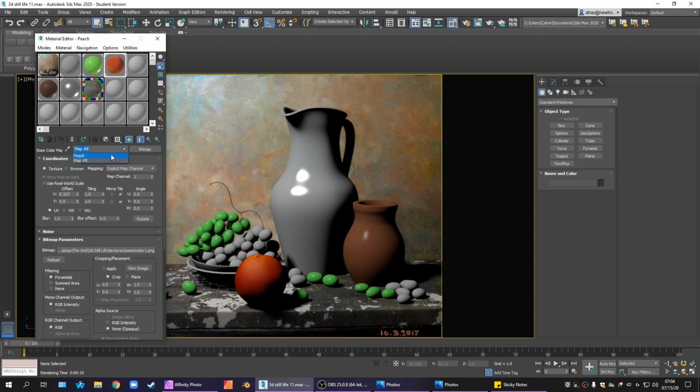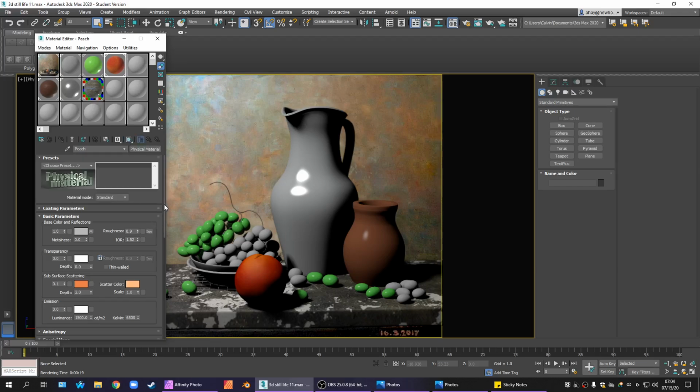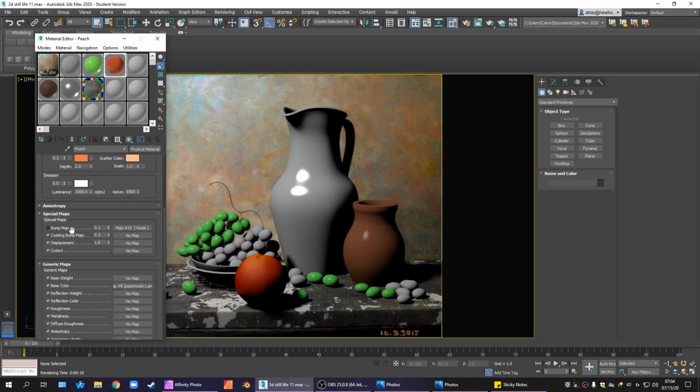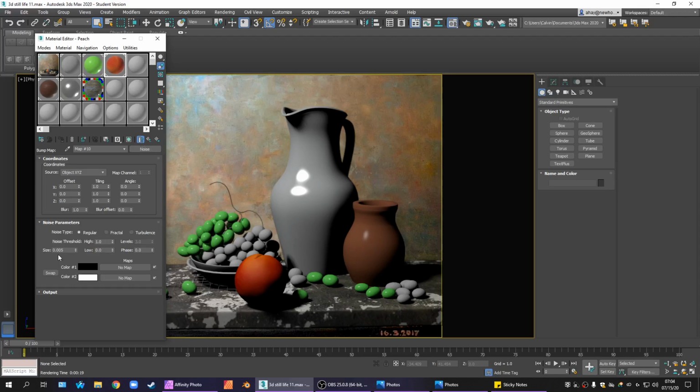The detail is so small and so pervasive. So a bump map with a noise procedural on it is ideal for us. 0.1 is more than enough bump, and for the scale of my scene, 0.005 is what is right for regular,